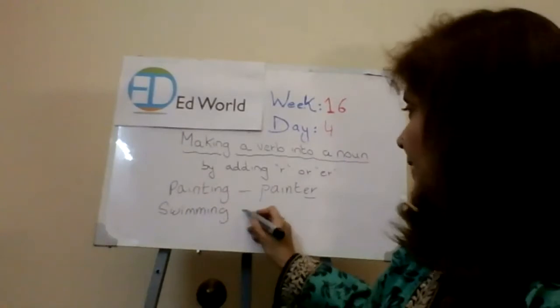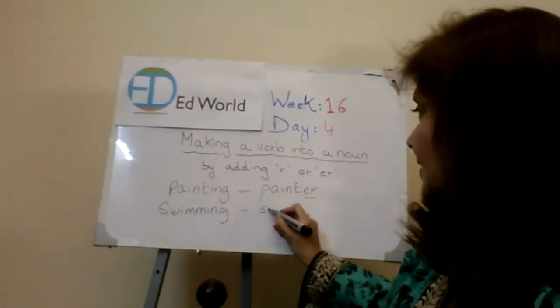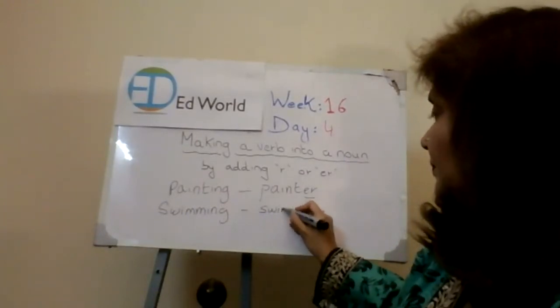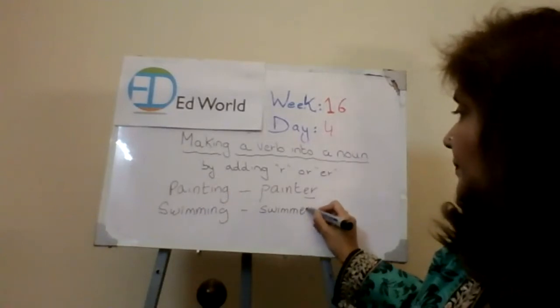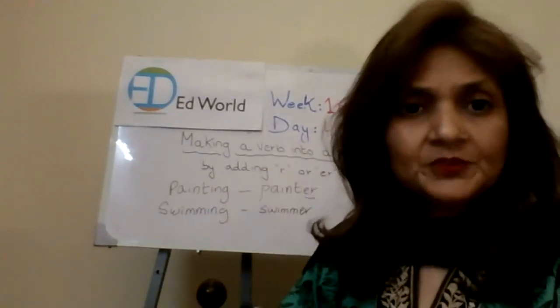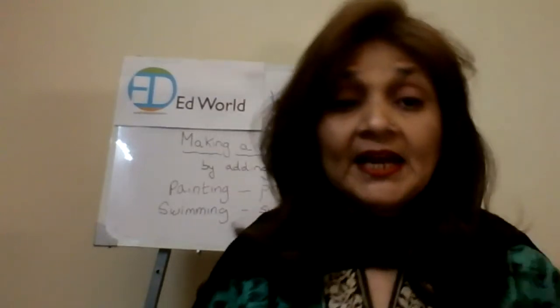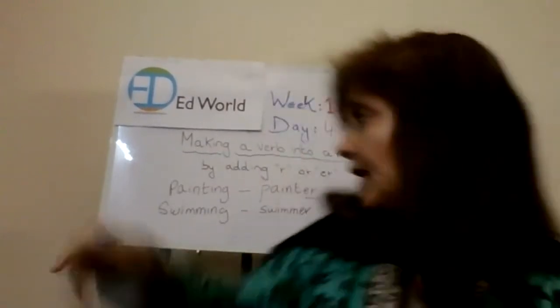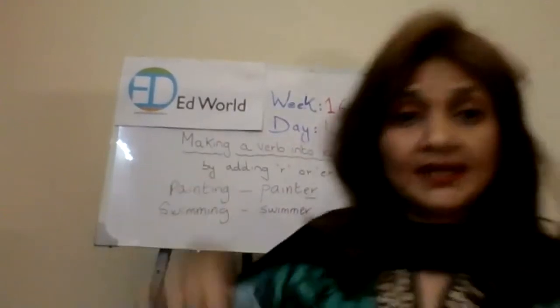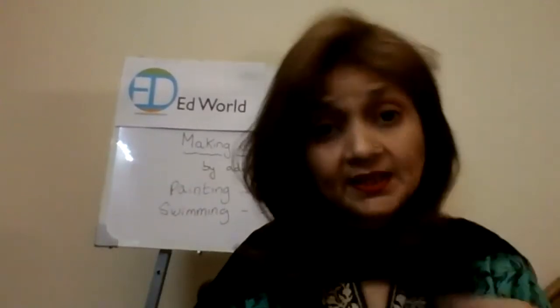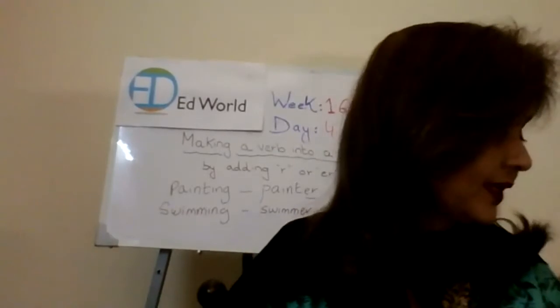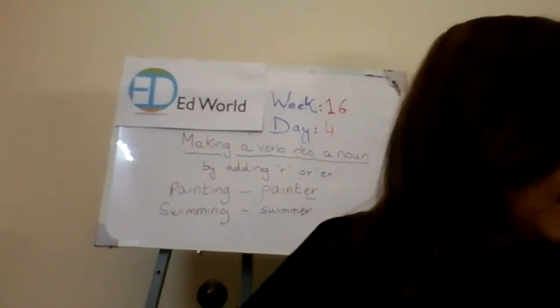Swimming is a verb and swimmer is a noun. Got it? You understood? Now what we have done, we have first removed ing and then we have added er, right? Okay. Now, in the same way,